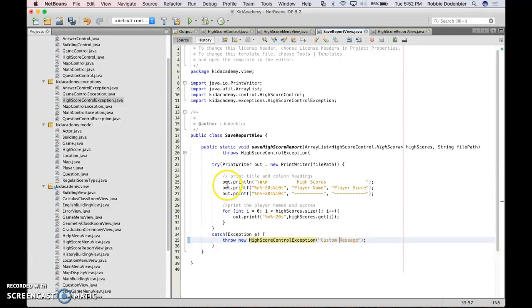And then it's going to use that, and it's going to output. So in this case, I've outputted a high score, player name, player score, and I've basically used another for loop to loop through each of those values and let it export into a